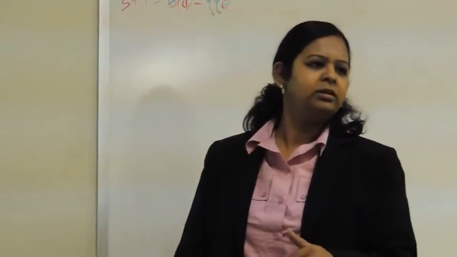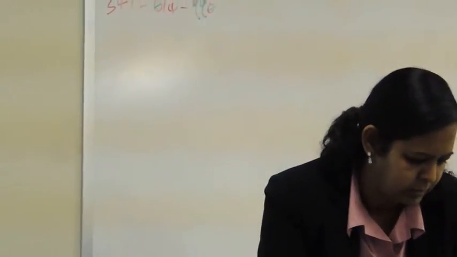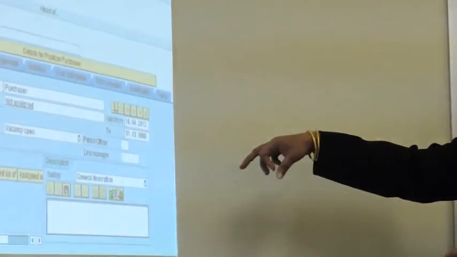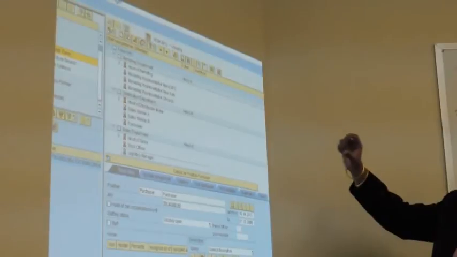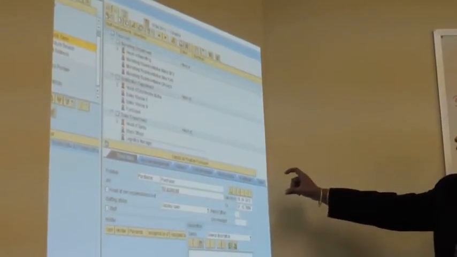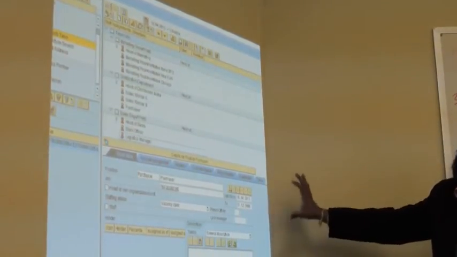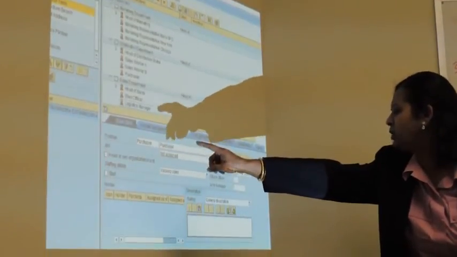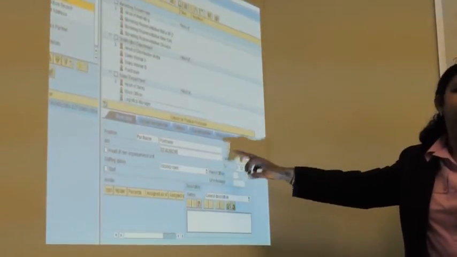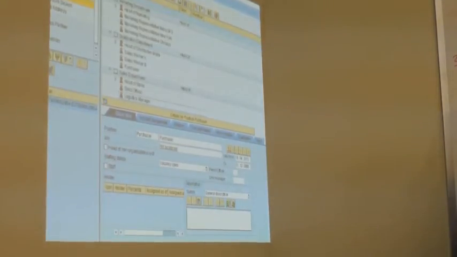And when you create the position, this is a sample snapshot of the Tesoro I created. When you create the position, for every unit you have a detail called basic data, for every object, I would say. So when you create a position, there is a job object there. You assign it with respect to the task that you related earlier when you created the job and the task catalog.